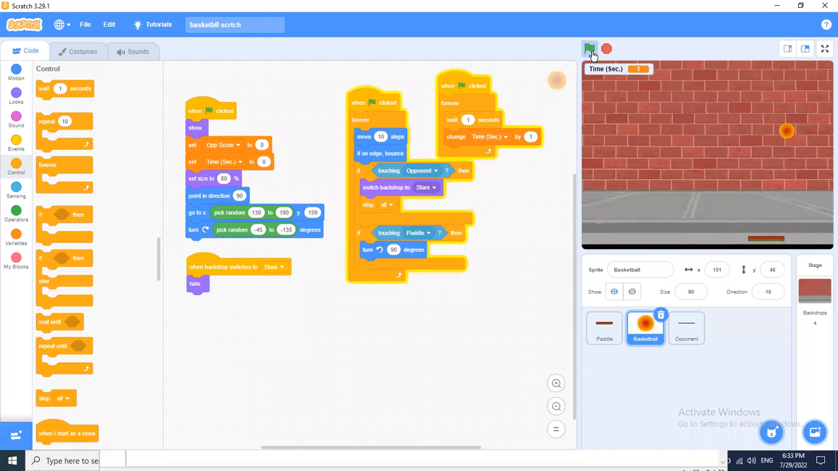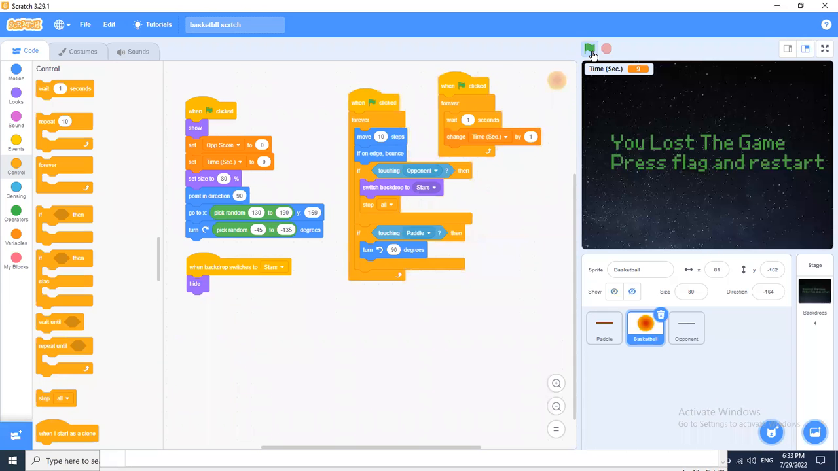And as soon as you lose this game, everything is going to stop. You would see the time here and you would see that you lost the game, press flag and restart. So the game is working fine right now. The game is perfectly working fine with these tweaks in the code. We have made some changes in the code, and now the game is working perfectly fine,